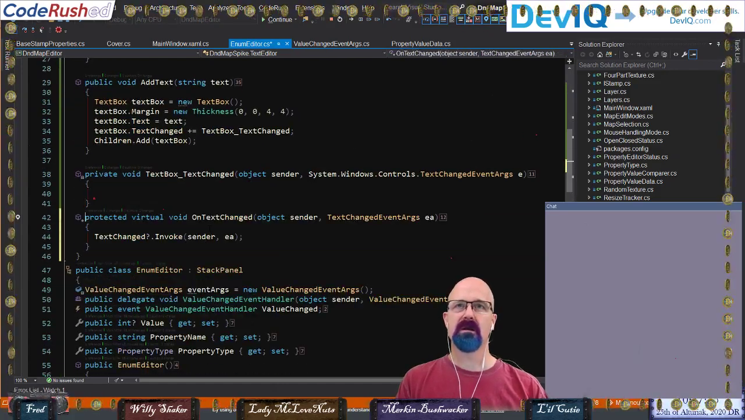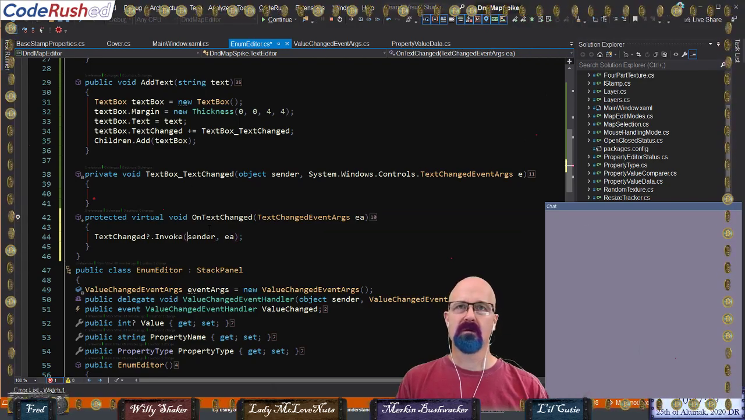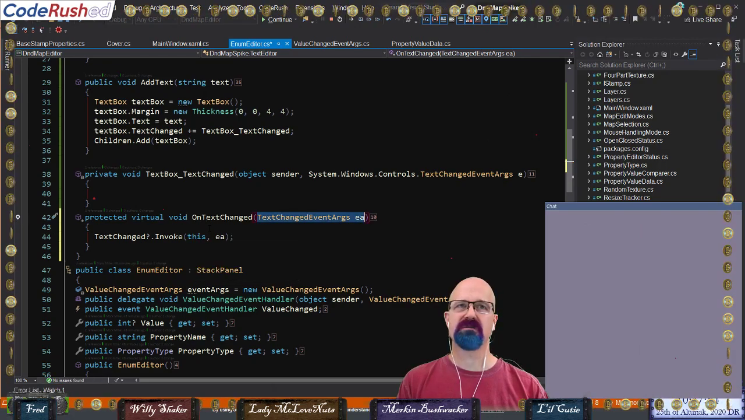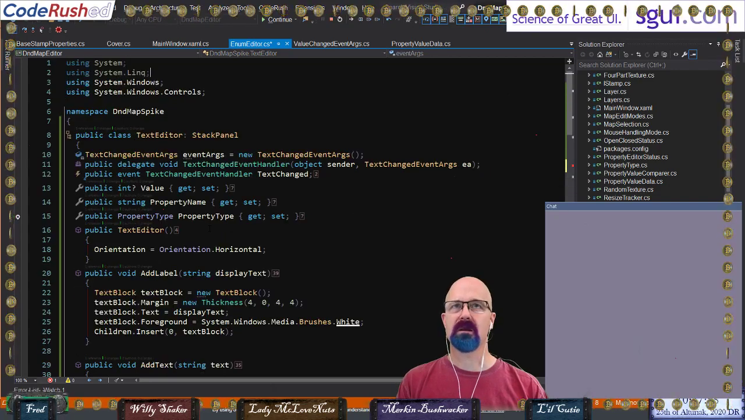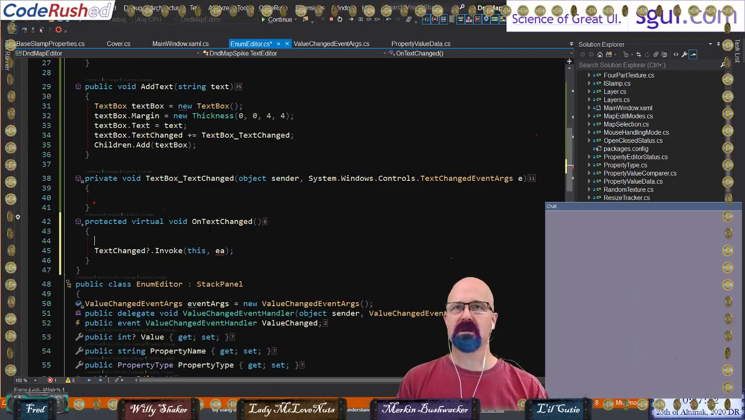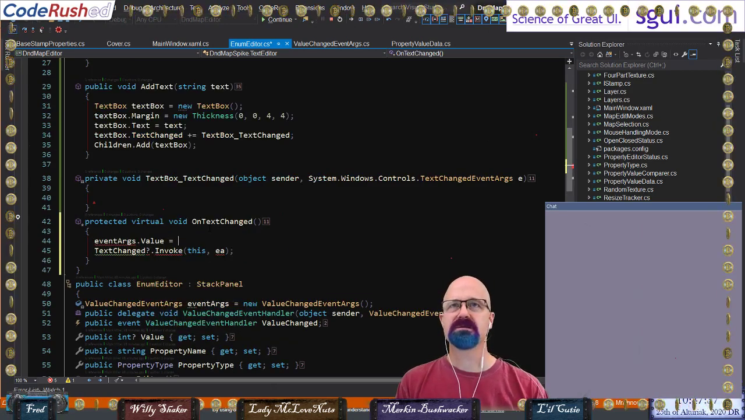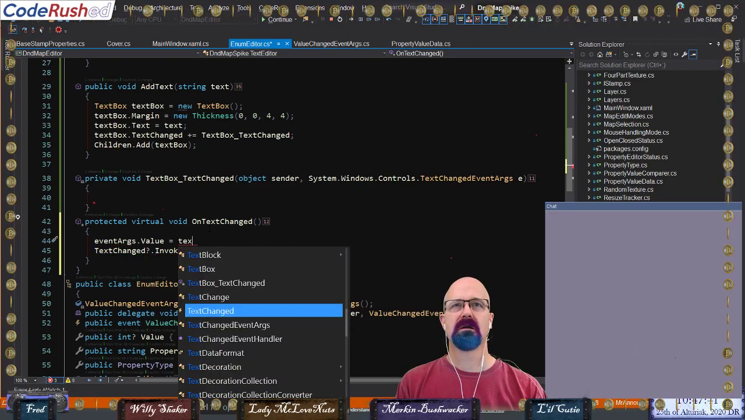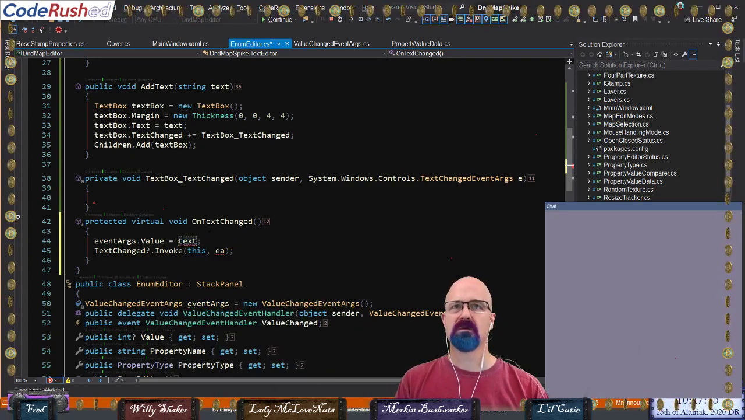Right here, we don't need to pass in sender. We'll just make it this. And we aren't going to need to pass in the text change event args because we've already created a new instance of those right up here. And I'm just going to come down here and say event args dot value is equal to text, which I'm going to pass in